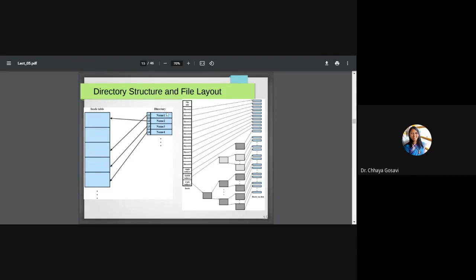And what does the directory maintain? The directory maintains the index of the inode, I1, I2, I3, and the name of the file. So a directory is nothing but a mapping of the inode list with the file name. So we save a file as hello.c or hardlink.c or softlink.c. This is maintained in a directory. But the directory has the inode table index. The inode table index has the pointer to the inode, and the inode has a pointer to the actual data. Is it clear? Directory structure and file layout.